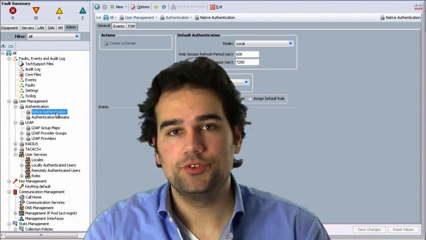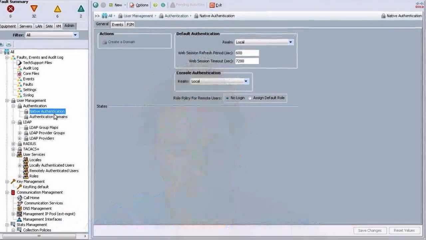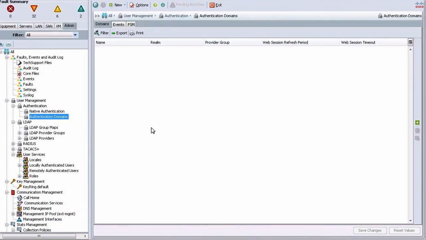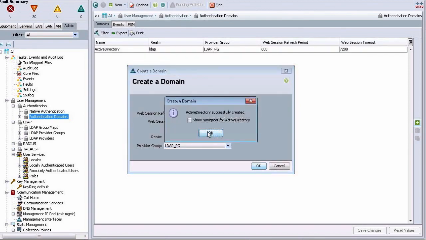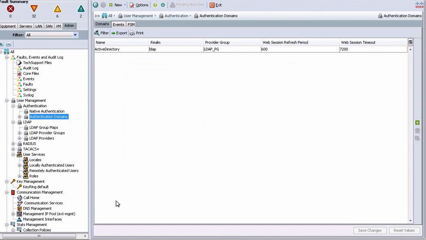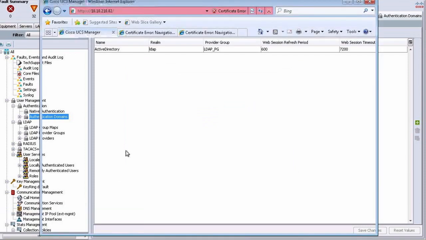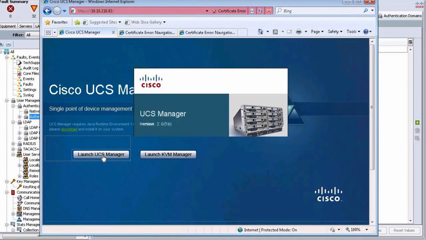Now, there is an option to select something else, and that is called an authentication domain. If I create one and I call it Active Directory, give it a name, then I select that I want to authenticate using LDAP, which provider group? PG. Then after I click OK, what is this going to do? When I take my Launch UCS Manager button now and I say Launch the Manager,